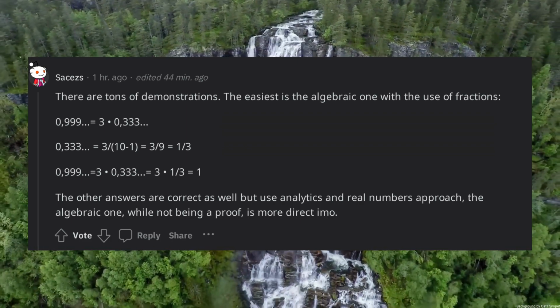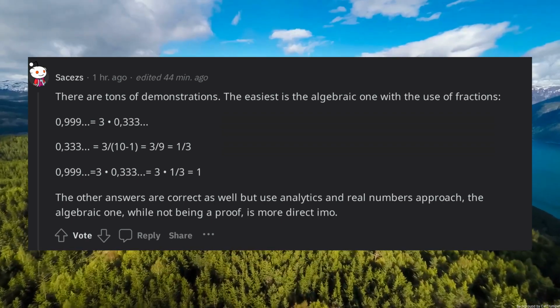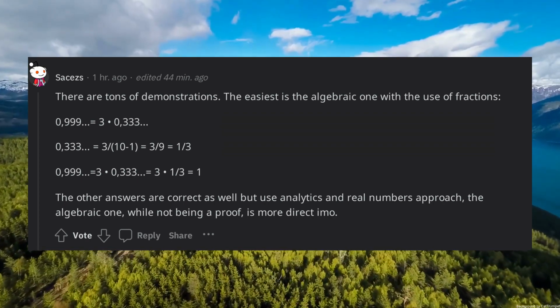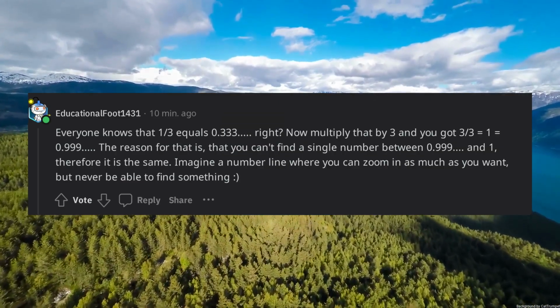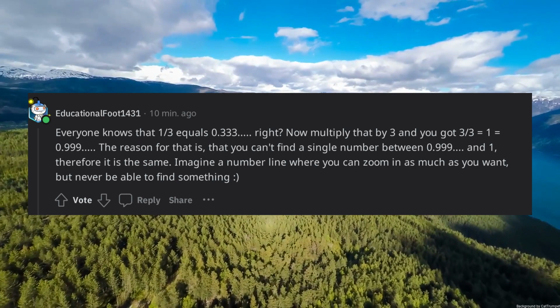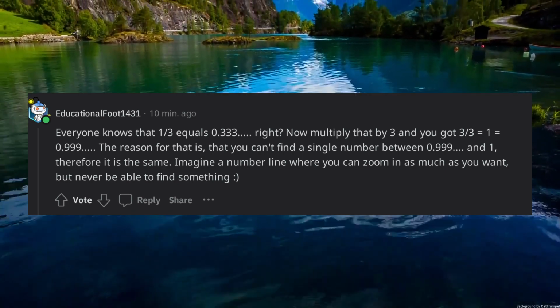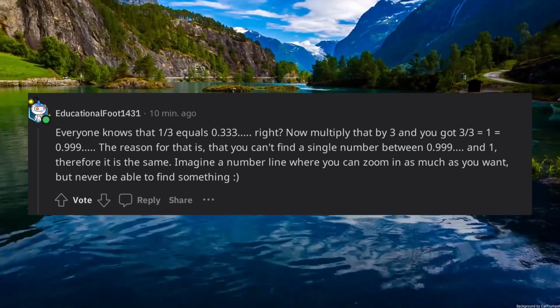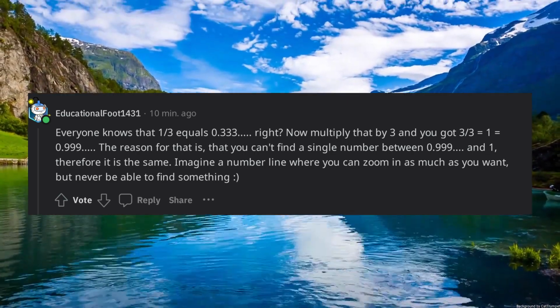The other answers are correct as well, but use an analytic and real numbers approach. The algebraic one, while not being a proof, is more direct. Everyone knows that 1/3 equals 0.333... Right? Now multiply that by 3 and you get 3/3 is 1 and 0.999... The reason for that is that you can't find a single number between 0.999... and 1, therefore it is